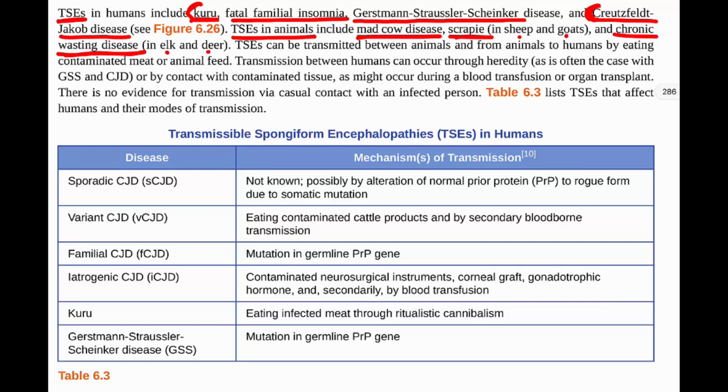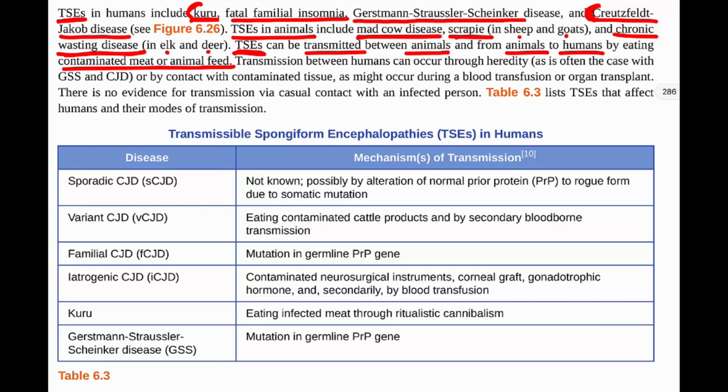So TSEs, how do we get them? They can be transmitted between animals and from animals to humans by eating contaminated meat or animal feed. So this one specifically is why Creutzfeldt-Jakob disease came to the forefront several years ago, because mad cow disease was something that was of concern. There were some cows that had mad cow disease, which is a TSE in cows, so they had prions in the brain of cows. And as the cows were going through processing, being killed and cut into pieces for hamburger and such,